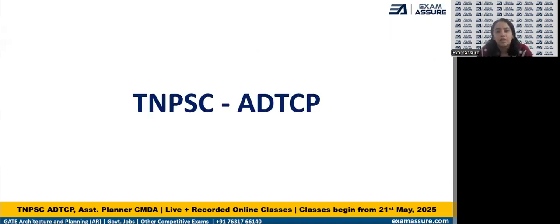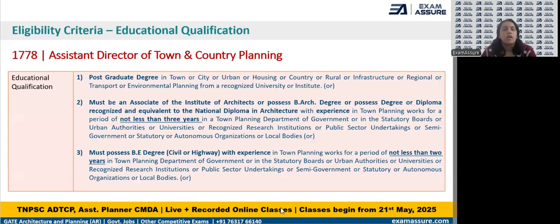Now, first, let us look at more details with respect to the educational eligibility criteria, exam pattern and marking scheme for the ADTCP post. So, as far as the educational qualifications are concerned, the candidate should have a postgraduate degree in town planning or urban housing, country, rural planning, etc., or must be an associate of the Institute of Architects or possess a bachelor's degree in architecture along with an experience of not less than 3 years, or may possess a BE degree in civil or highway with an experience of not less than 2 years,